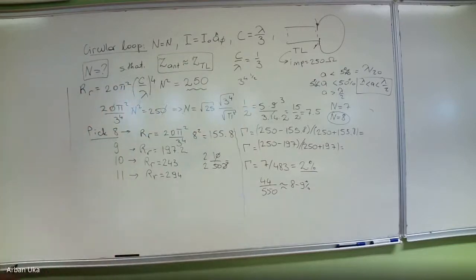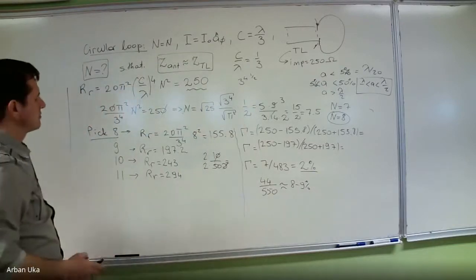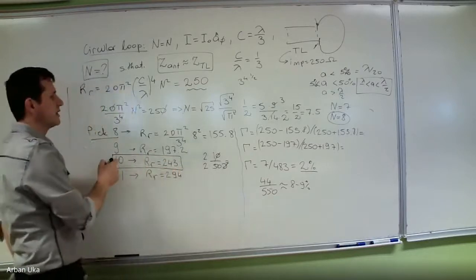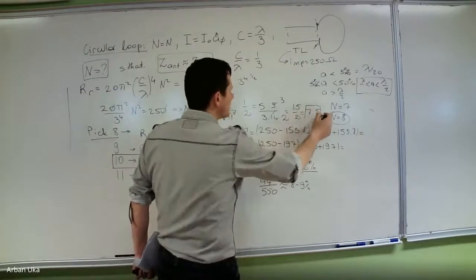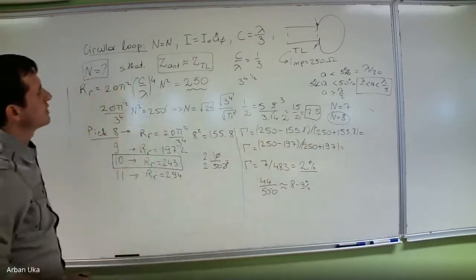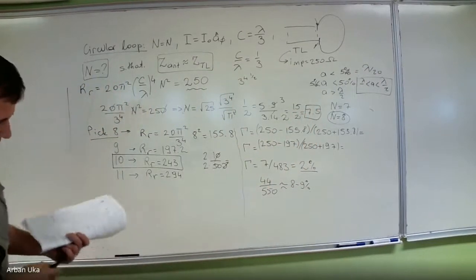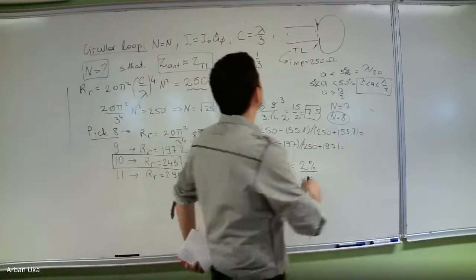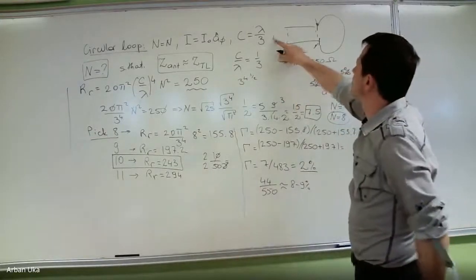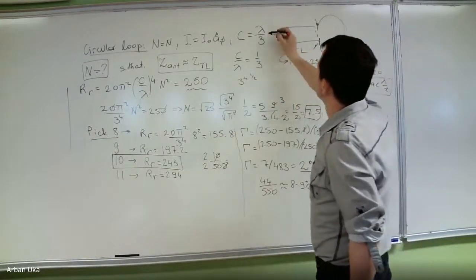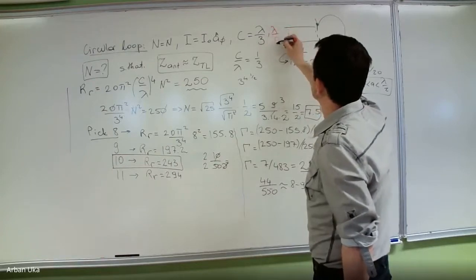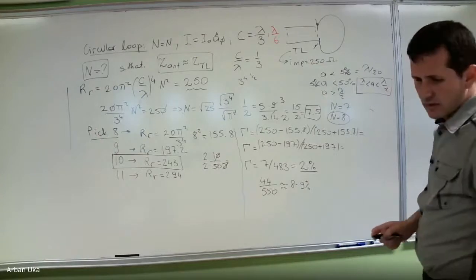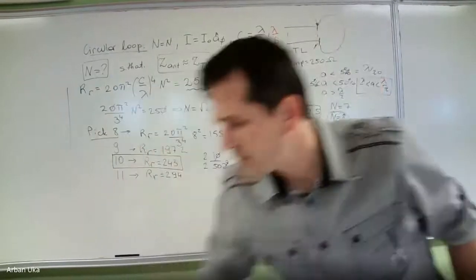Now, let's try to determine why we have such a relatively different mismatch between the precise value of n, while here we got something like 7.5. One thing that could be is that this loop is not really a small loop. These approximations are often used for small loops, which will be, imagine for a moment that this is lambda divided by 6, okay? If we do this lambda divided by 6, the numbers that we will have to deal with will be